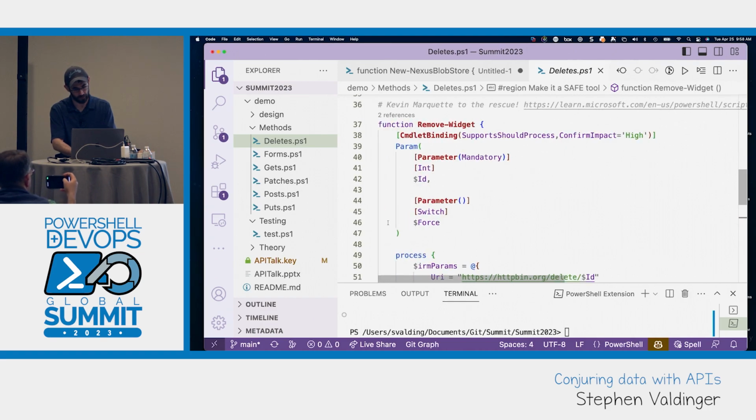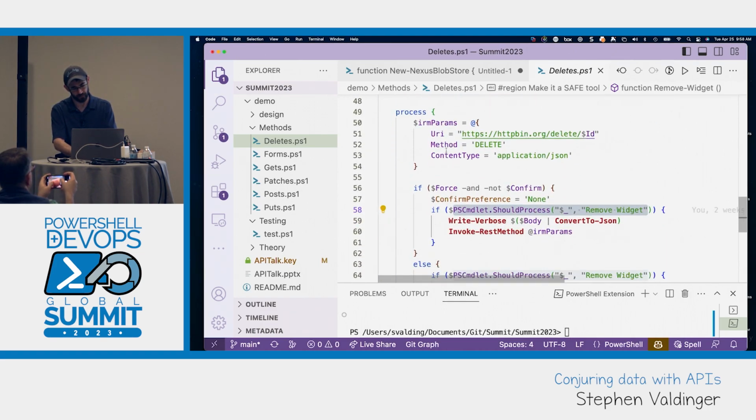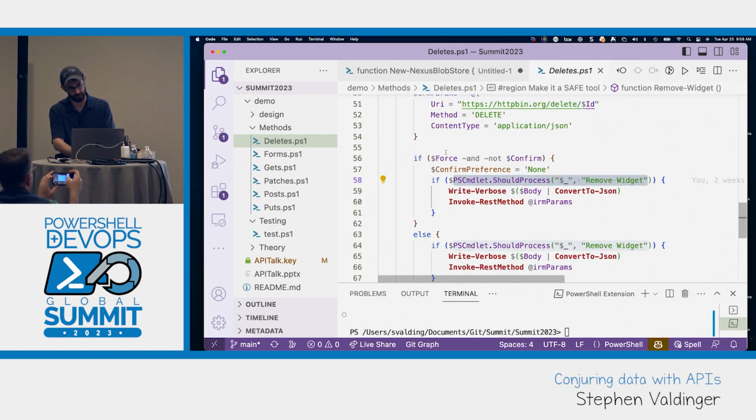So in practice, we start this branching logic that says, if you've given me force and not confirm, so if you haven't done something like dash confirm colon false or true or whatever to short circuit the behavior, but you've given me force, what I'm going to do is set the confirm preference to none in this block and then